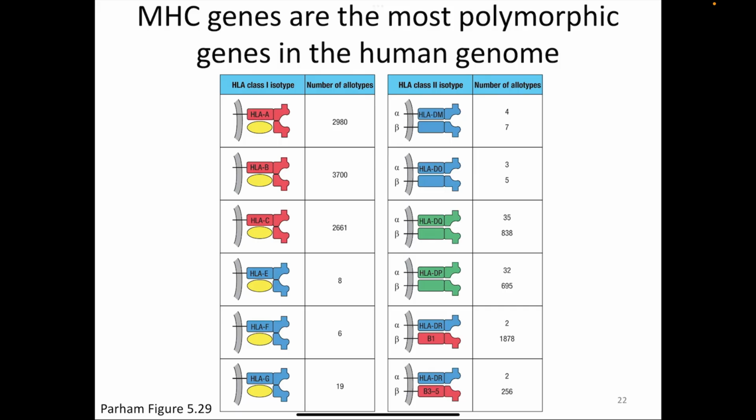So what you can see is that this gene is really unique compared to a lot of other genes in that we haven't had natural selection pushing it so that we all have the same one. Natural selection here has actually worked the opposite way. It's good for this human population to have mutations in MHC and to have as much variation as possible. We actually really want a lot of variation in MHC. And as a result, MHC is the most polymorphic gene in the human genome, the one that has the most different types of